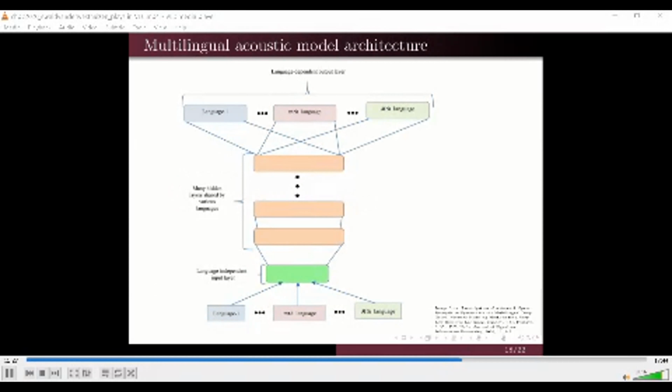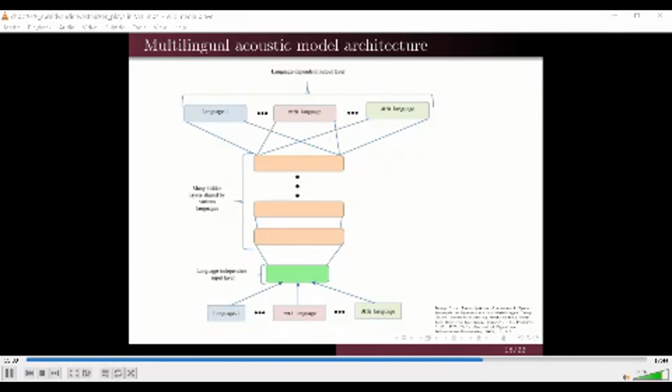This diagram shows a simplified structure of the multilingual neural network acoustic model. At the bottom of the diagram, the input layer to the network is presented in turn with acoustic feature frames from the set of training languages. The hidden layers of the network are shared by the languages. The language-dependent output layers enable language discriminative training of the shared network. However, the expectation is that the earlier layers of the network will learn aspects of human speech that are common between the languages.